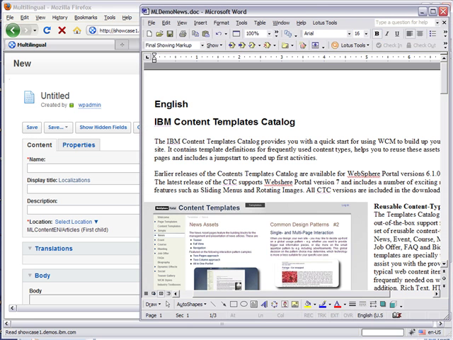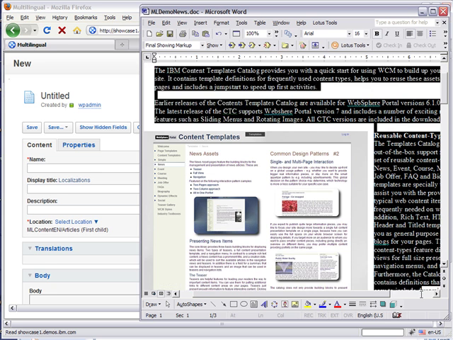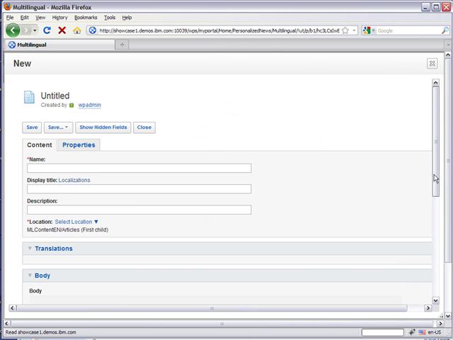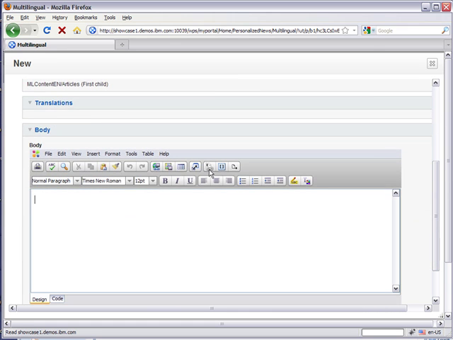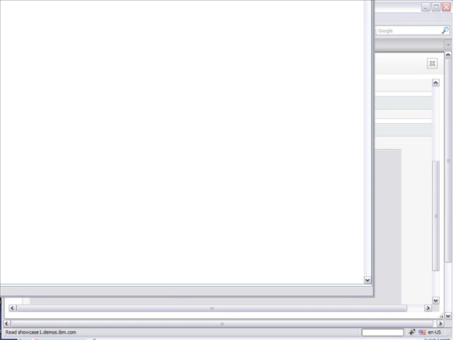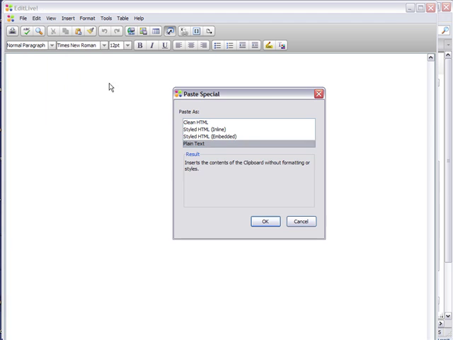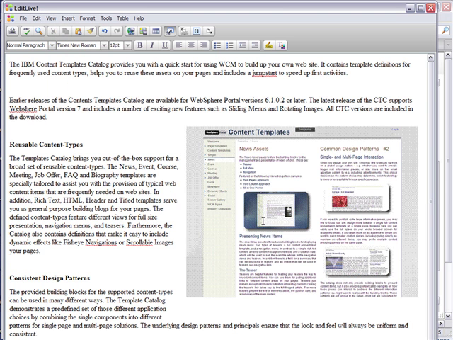And I already have some English content in a Word document, so I'm going to copy that and paste that into the body. And I'm going to do a clean copy and paste from that Word document, so it cleans up some of